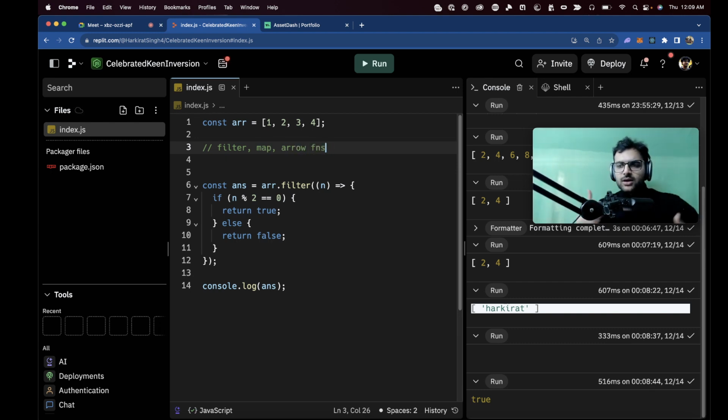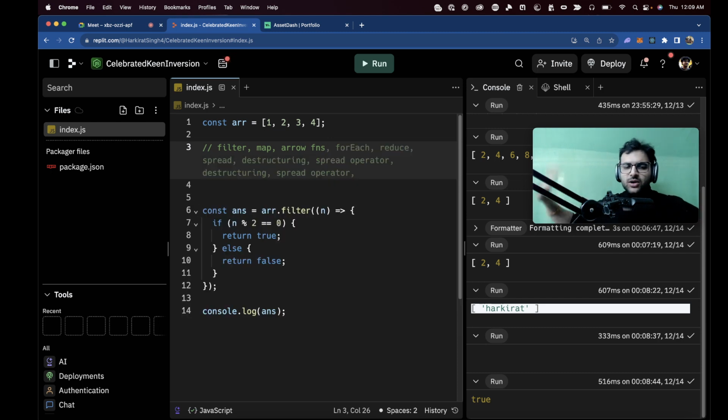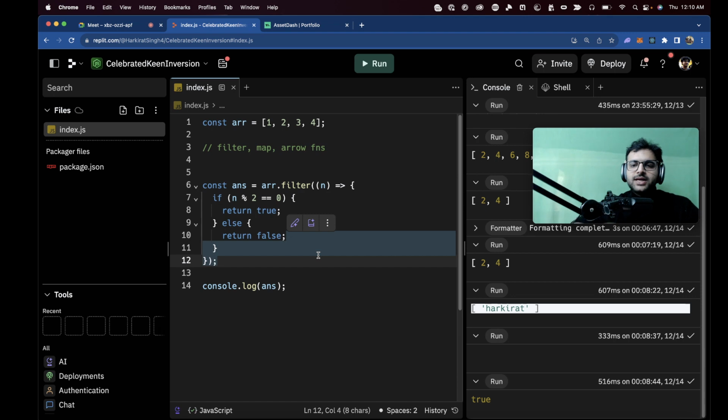Great starting point. There are more such functions. These are the important ones. As you can see, there are so many it shows: reduce, forEach, spread. Not needed for the longest time, if at all. Map is very necessary. Filter also you can ignore, but for map, make sure you're comfortable with the syntax of map,